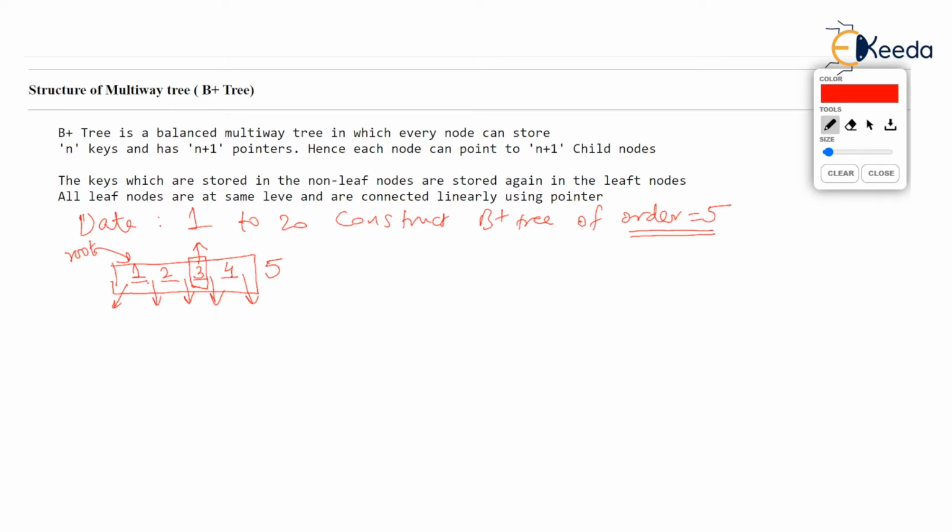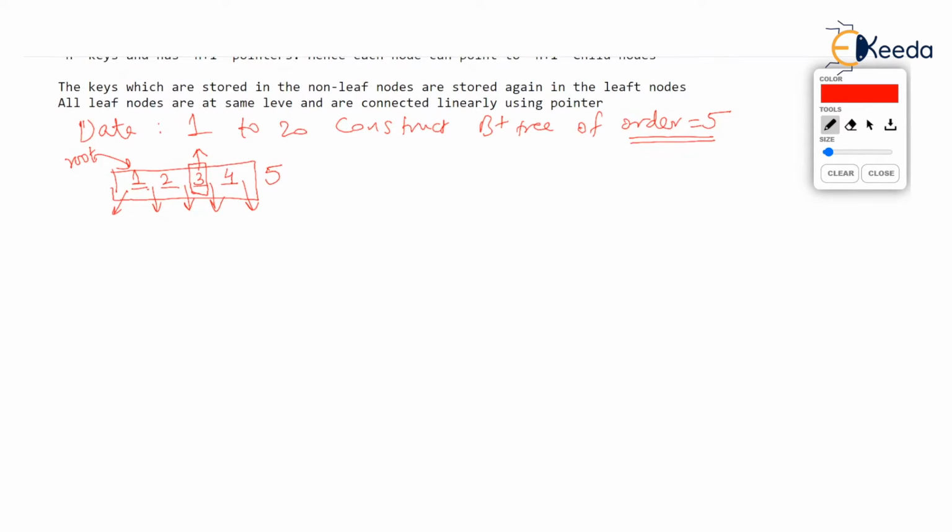So what is the latest tree that we will get after inserting 5? The root now is going to store only 3. Root is going to store only 3, and at the bottom over here, we are going to get a node 1, 2, still 2 keys vacant, and we are going to get a node 4, 5 due to right split, still 2 keys vacant.